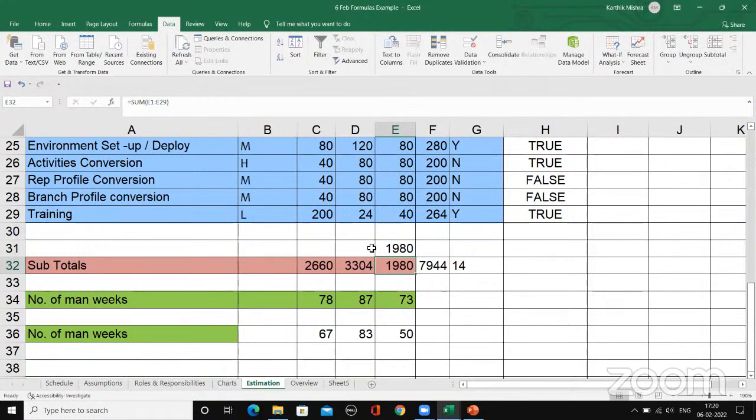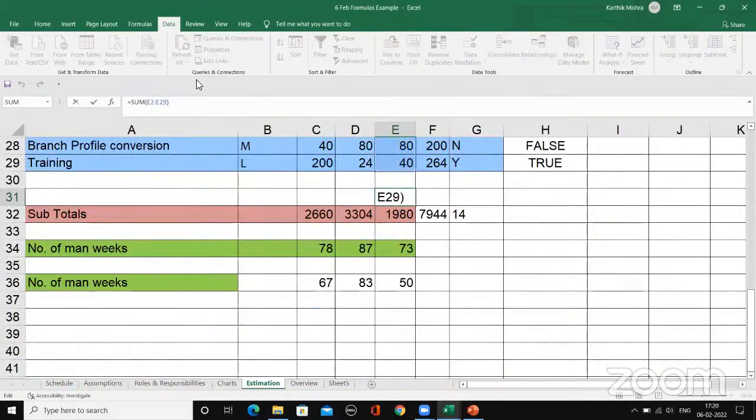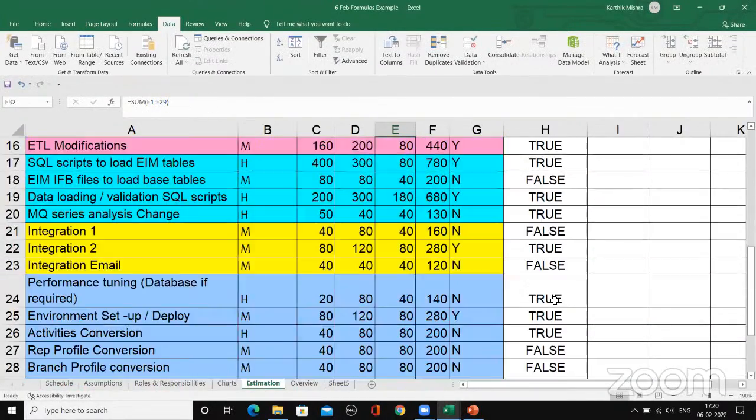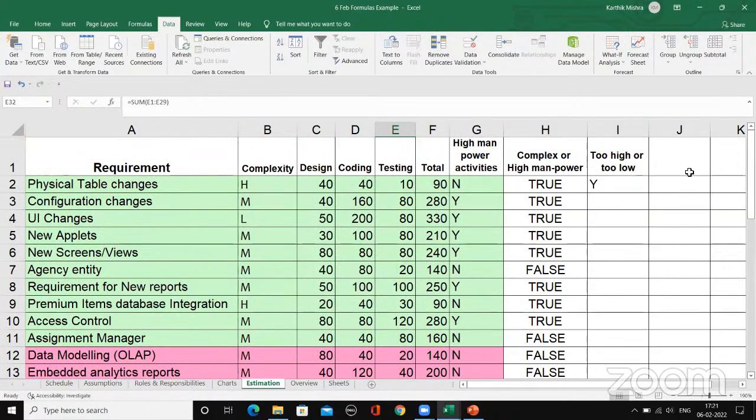So now if I just click enter, it has added all of these. Okay. So this is basically how you select a set of cells and add them. Okay. And you can do it on rows or columns, whichever way you want. So for example, I'll show you here. So I say equal to sum of, okay, I'll say all of these and enter. Okay, so what I did is I just selected these and I did enter and it shows me the total of these. Okay,